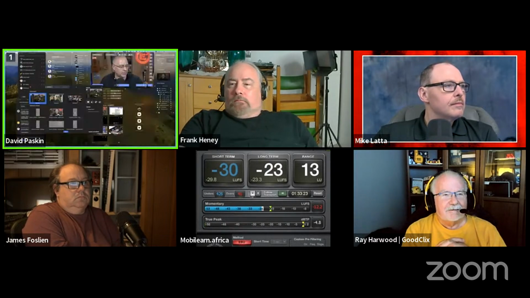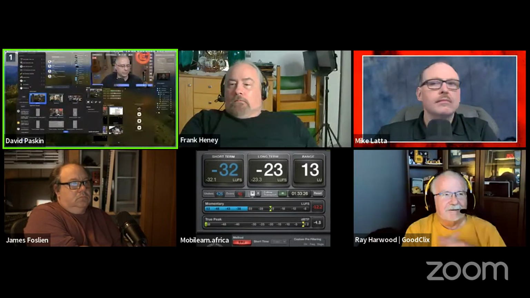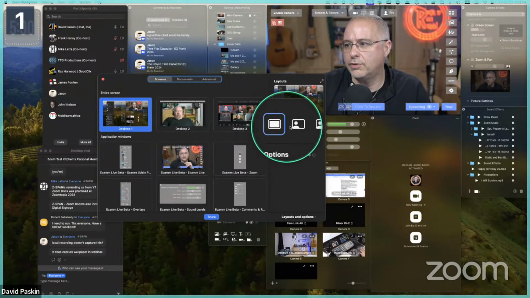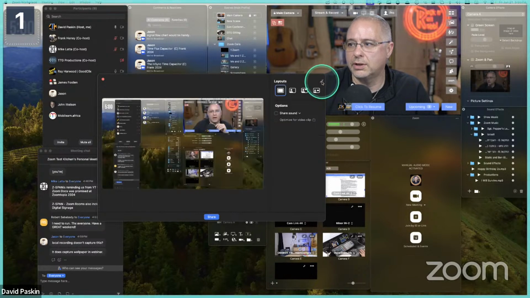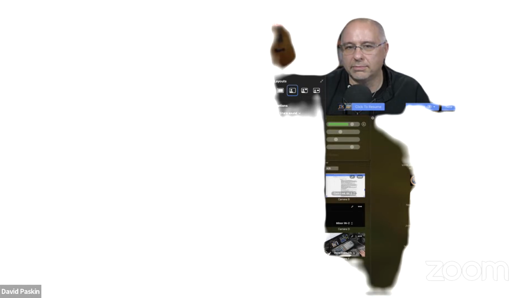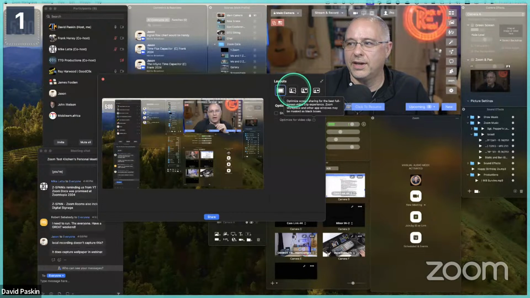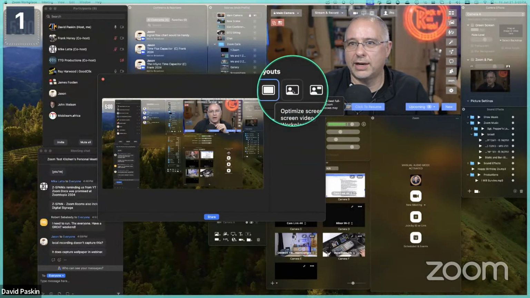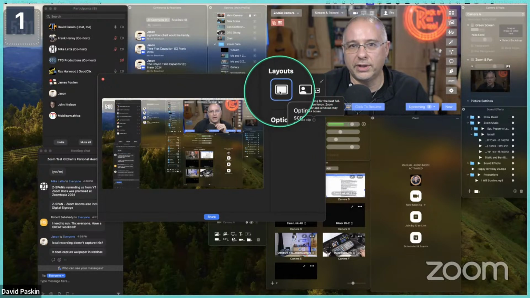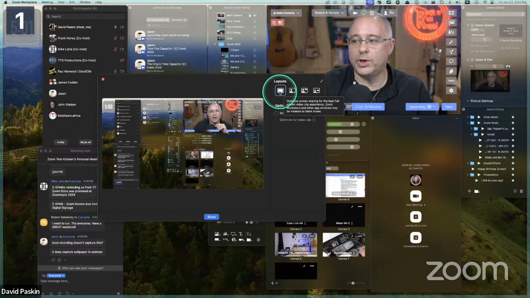I'll just quickly bring this up so folks can see. So this is the screen share right here. And over here on the right hand side, you've got the different options, and you can actually see it if I kind of pop this out. Oh, it's not going to work because I'm doing it this way, but this one is where they key you out, so they green screen you out. This is where it's over the shoulder, and this is sort of a side by side. But the only one that's recorded is this one with you as the speaker up in the top corner, as we usually are.